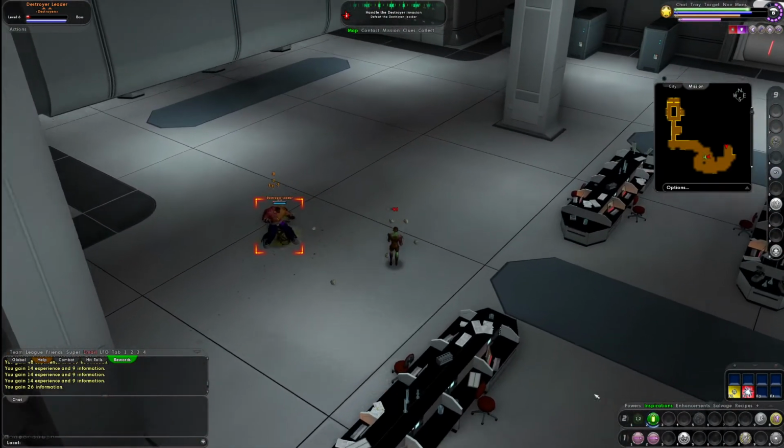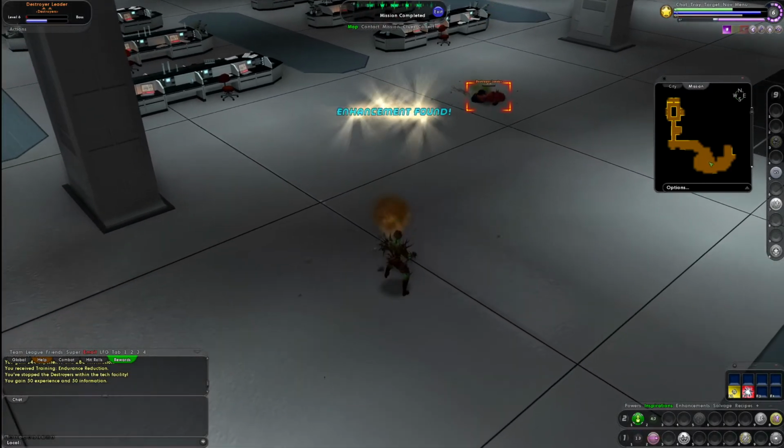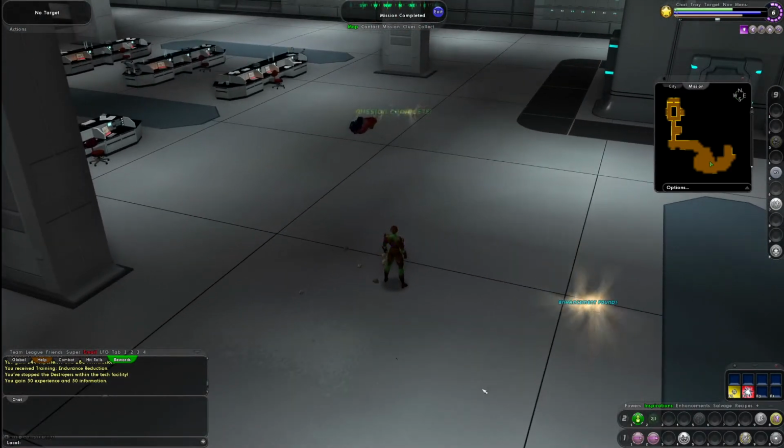Get the hold to work. Alright, we rooted him just briefly. Yeah, so he's got very high mag mez defense. But we made it, guys. We managed to defeat him. And we're just a tiny bit